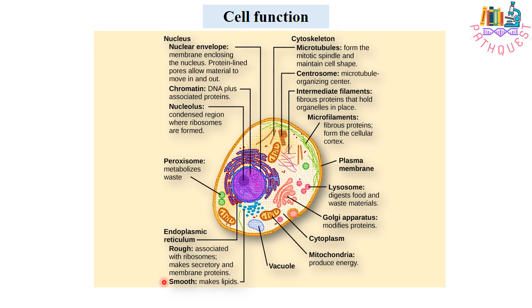Smooth endoplasmic reticulum is devoid of ribosomes, and it is mainly responsible for synthesis of lipids. The infrastructure of the cell is maintained by the cytoskeleton, which is made up of microtubules, centrosomes, intermediate filaments,